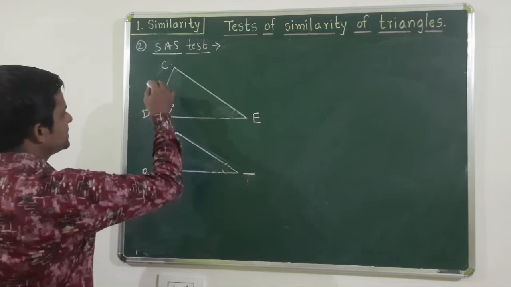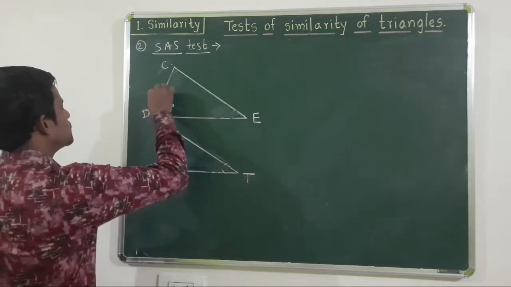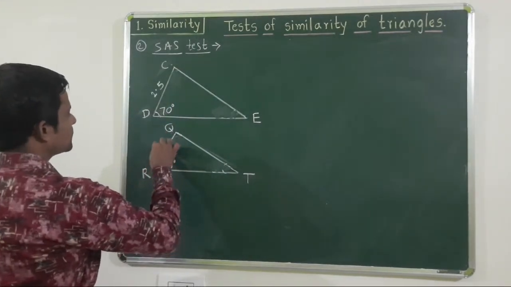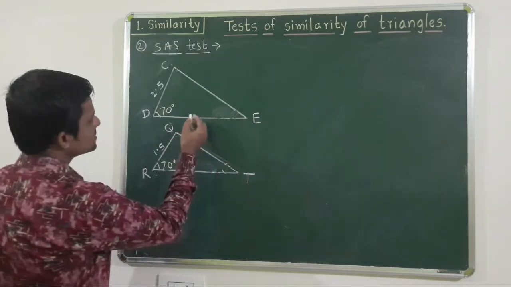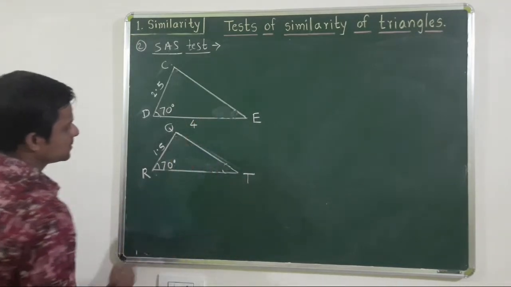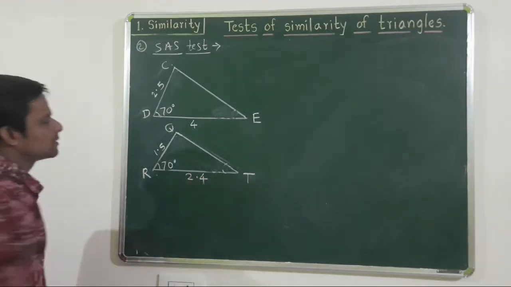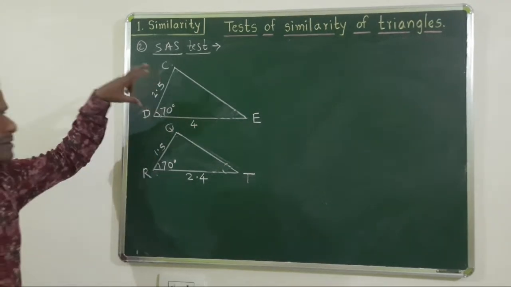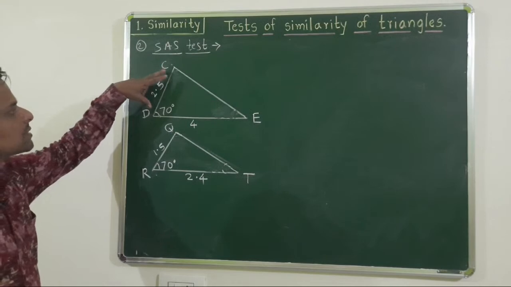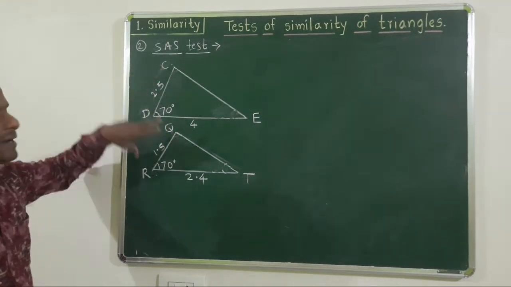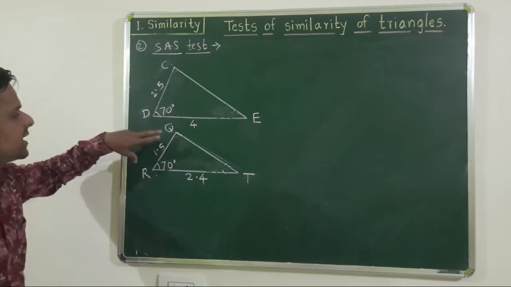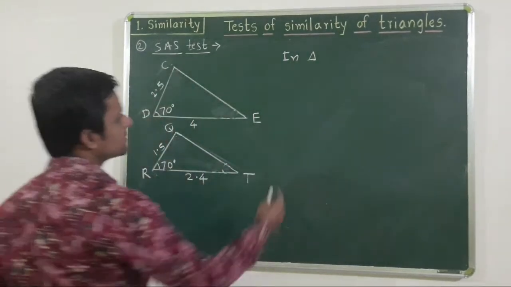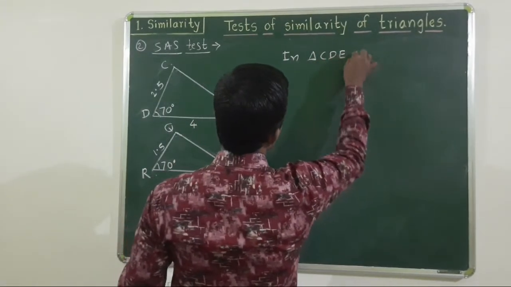Suppose side CD is 2.5 and this one is 1.5. This one is 4. This one is 2.4. Some information about sides is given. Now what is that information? Some lengths are given. Now CD and QR, we can take this pair, or we can take ratio of CD and QR. First step is to write names of two triangles, that is triangle CDE and triangle